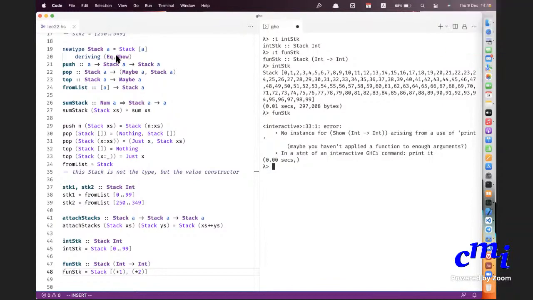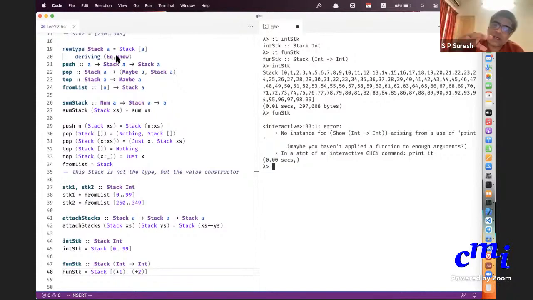So if you put deriving num with that, then for sum stack you don't have to do Num A implies stack it would. Exactly. You could also say that, but the sum stack is just summing all the elements in a stack. I don't want to say num. Yeah, I could do that also if I want to.